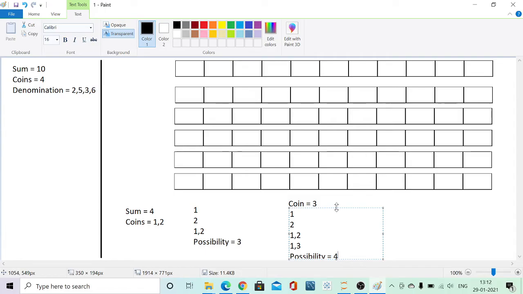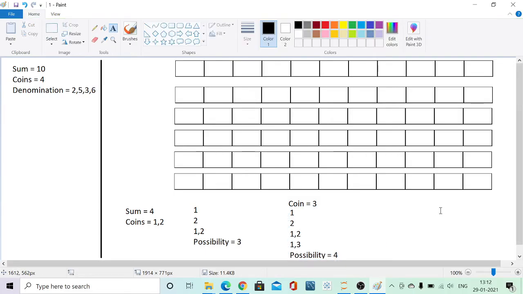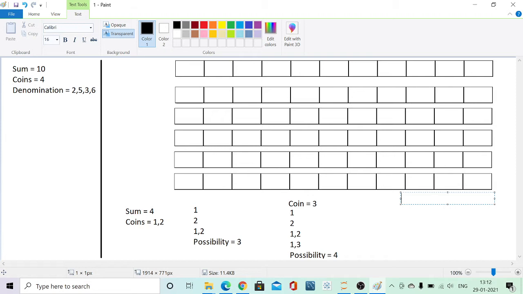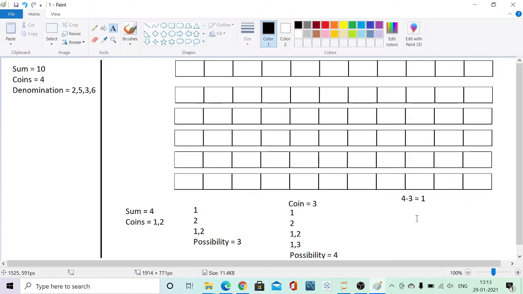Now let's say that 4 minus 3 is equal to 1. If somehow I can reach up to a sum of 1, I can take a step of 3 because I have got a coin of denomination 3 to reach a sum of 4. So why I am doing this is that because I know there are 3 possible ways to reach 4 with coins 1 and 2.